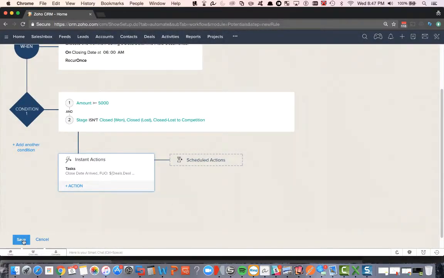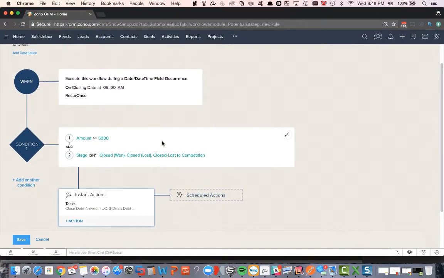Now that one's a little harder to test out because I actually have to have a deal created where the close date is right now, and then I have to line up the time, and this one's set to run at 6 a.m. so it's harder to demo that one, but just to review how this works,